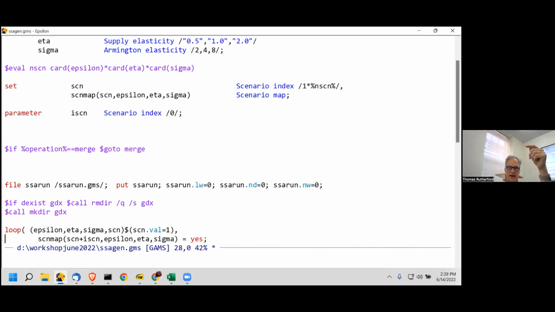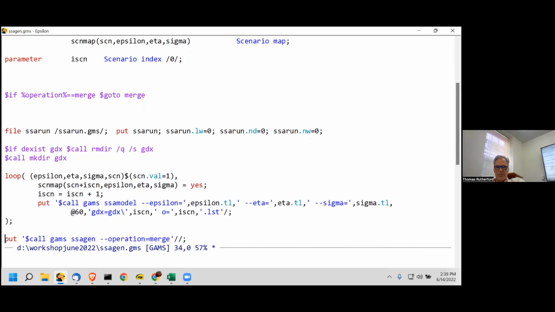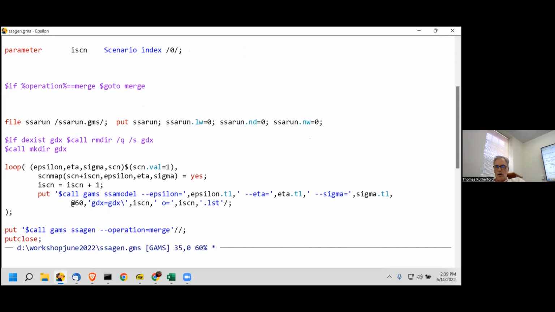And then in my SSA run, I check if there's a GDX directory, and if there is, I get rid of it. Otherwise, I create one from scratch. And once I've got the GDX directory, then I generate a file that will run my model for each one of those scenarios. And if I look at SSA,